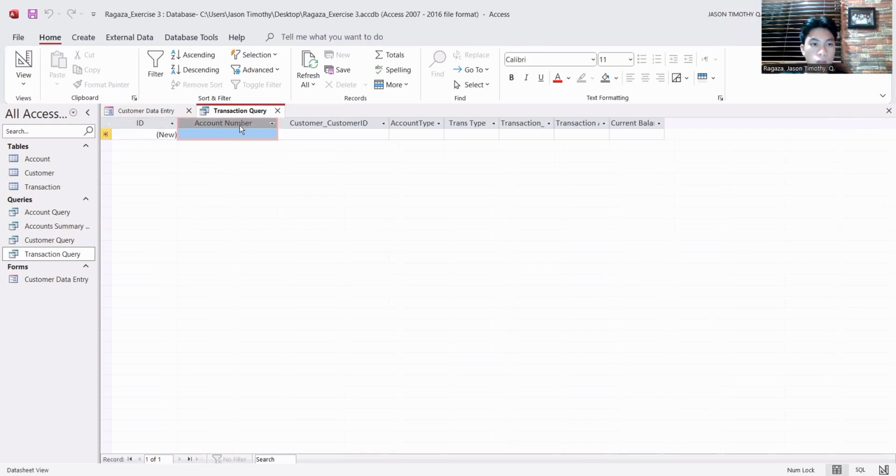Let's change its width: customer ID, account type, transaction type, transaction balance, transaction amount.